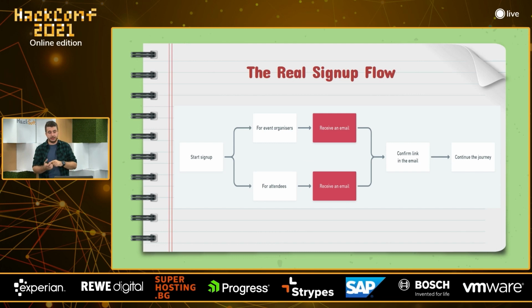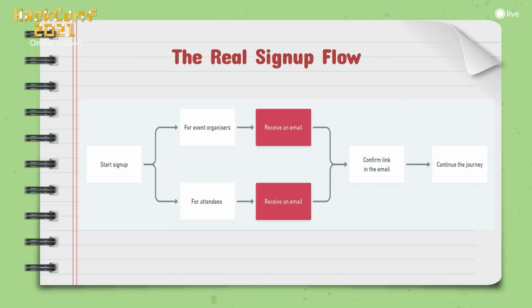They need to click on a button inside the actual email, so the template needs to be well populated. If the template is not well populated, then again the whole sign-up journey is not working. If the person is not receiving the email, then again the whole sign-up journey is not working. And after you click the button, you're redirected back to the system, approving your registration, and just continuing the journey there. And we have different branches for the registration journey.